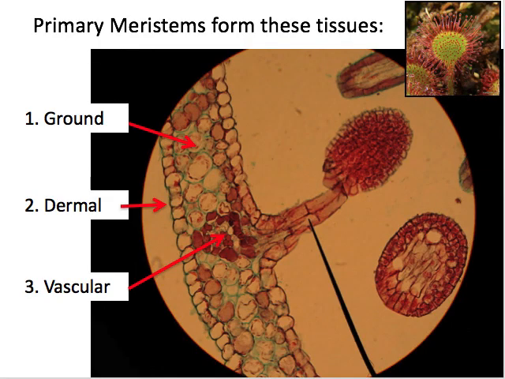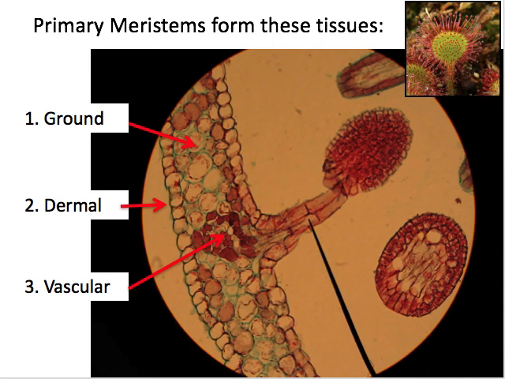Now in this picture, it shows us a micrograph, which is the fancy word for a microscopic picture of some tissues, from the leaf of a sundew. And a sundew is a carnivorous plant. It's able to eat insects because those insects stick to its leaves. Actually, they stick to hairs on the leaves, and then it digests those insects as a way to get nitrogen. Well, if we look at this cross-section through the leaf, we can see all three of these regions that were found in that primary meristem as this leaf developed.